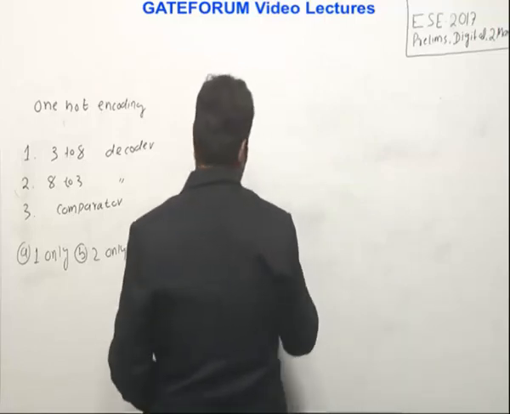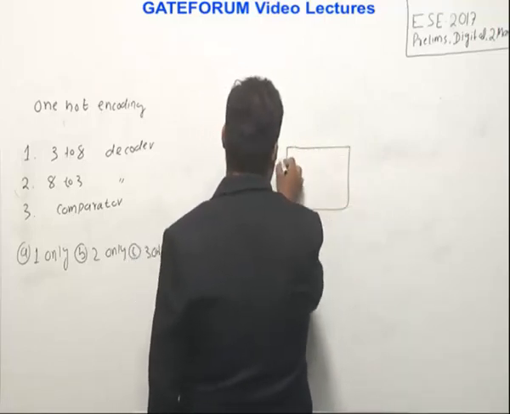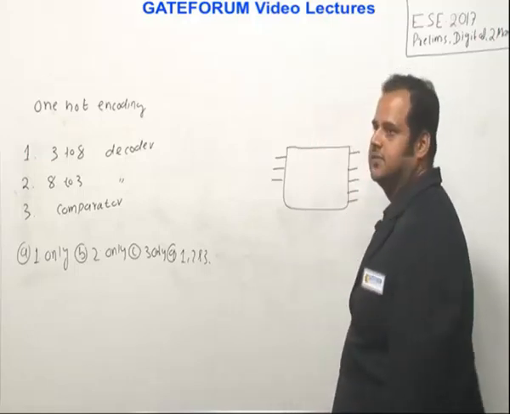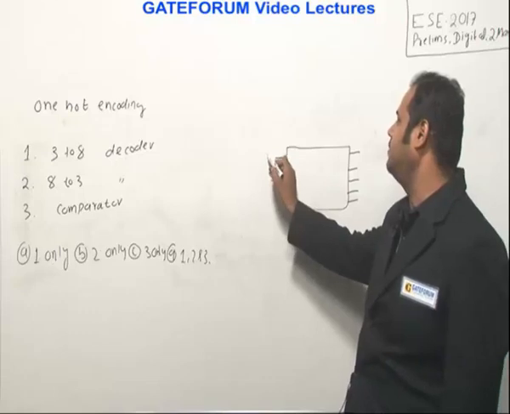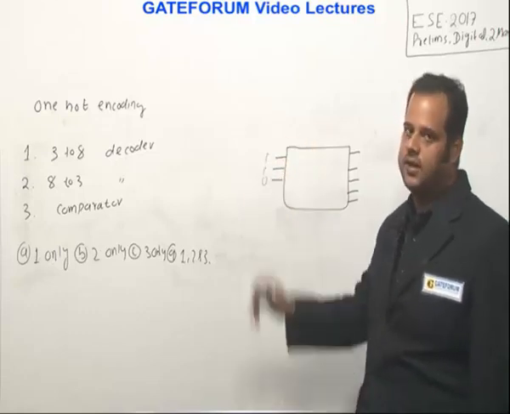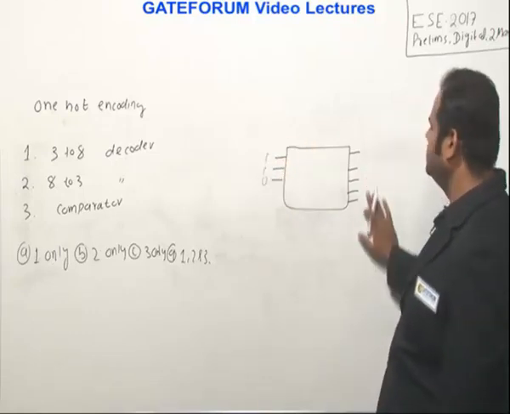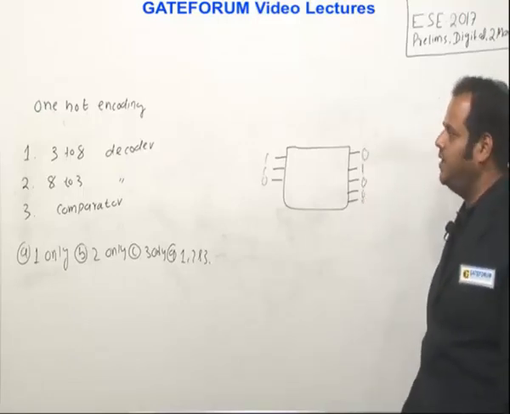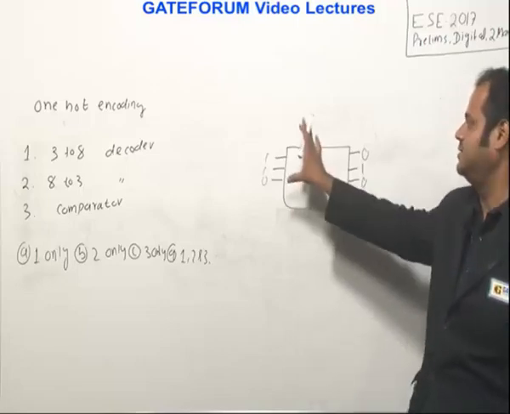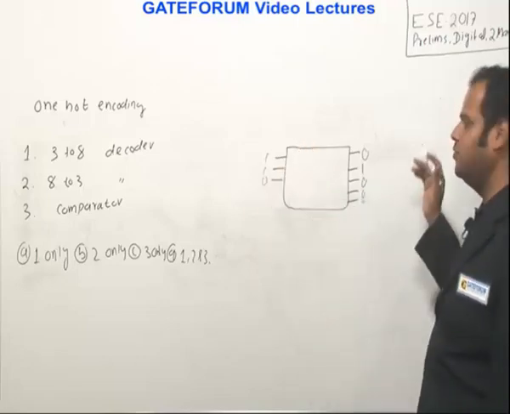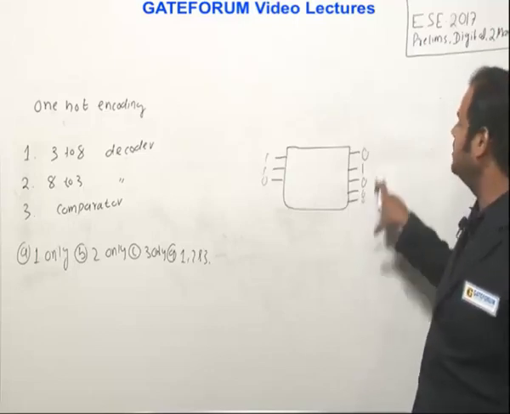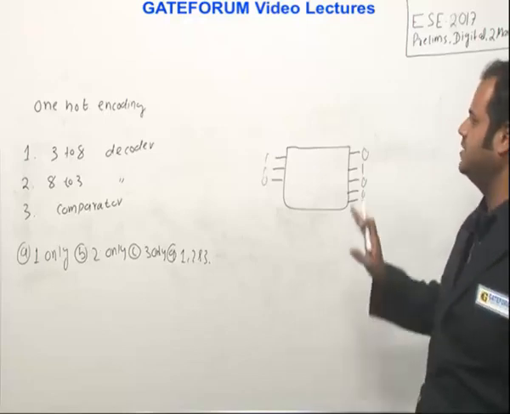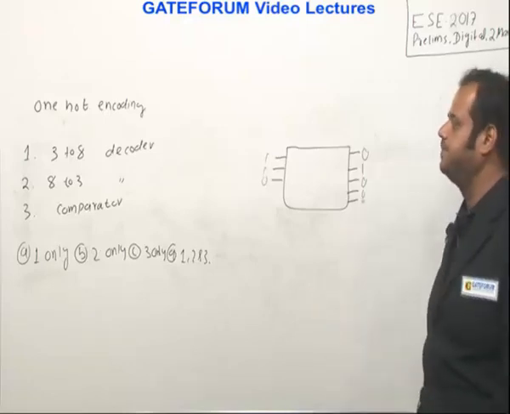For example, let's say I have a device with 3 inputs and 5 output terminals. Whatever bit pattern I give, such as 1 1 0, at a time I expect one of these 5 output terminals to be high and the rest to be 0. So basically a 1 hot encoding device maps a set of binary bit combinations to another binary bit combination, but with the restriction that at a time one output is high and the rest are 0. A device that satisfies this property is said to be a 1 hot encoding device.